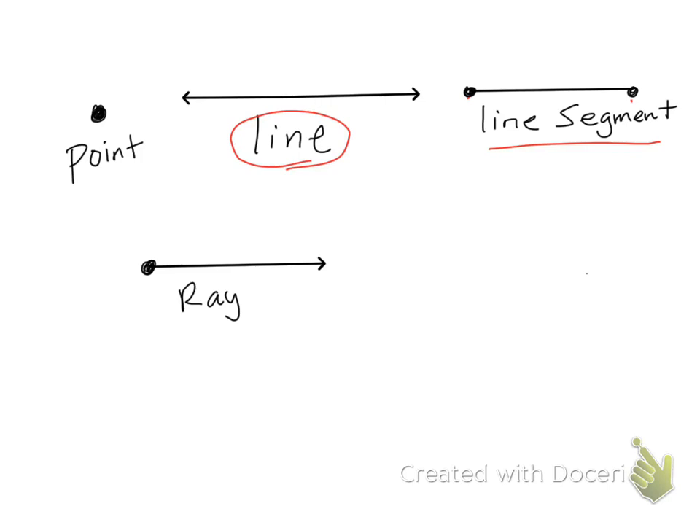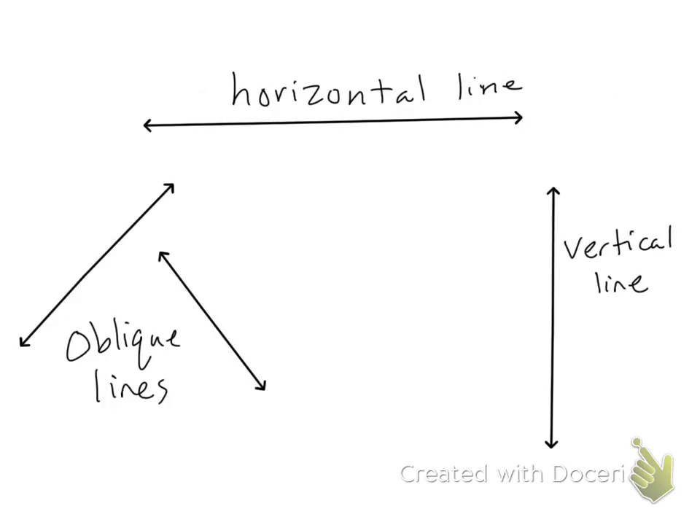And then a third type is a ray. A ray begins at a point and then continues on forever. This is what each of those look like. And a point, of course, is just a dot. So lines, rays, and segments can be horizontal, which means they go from left to right